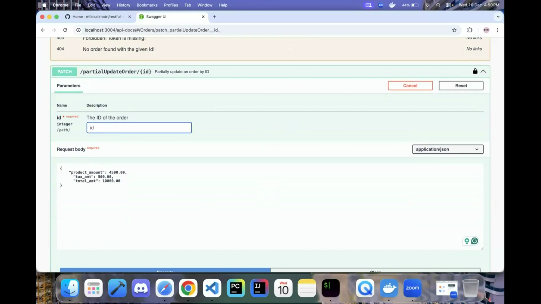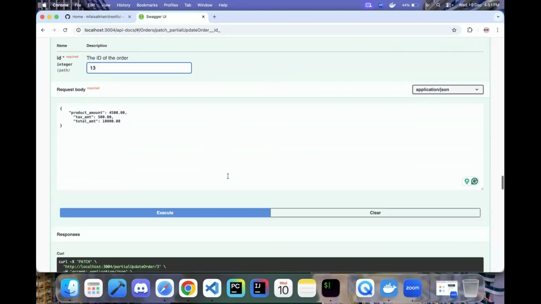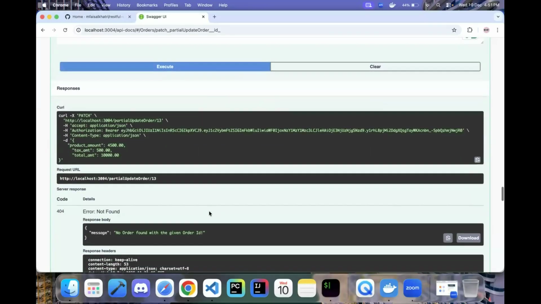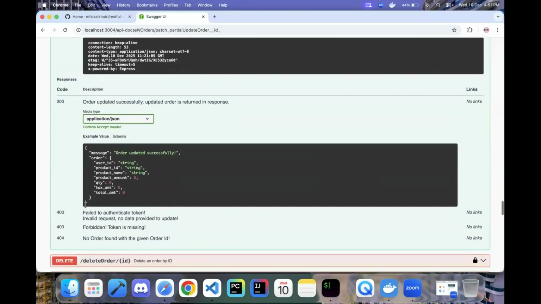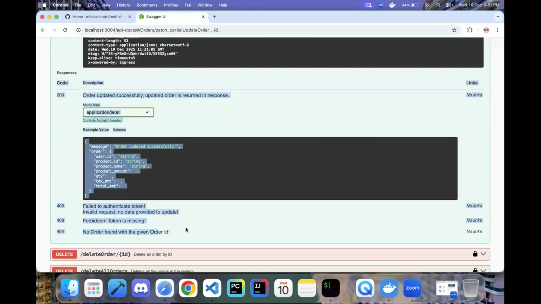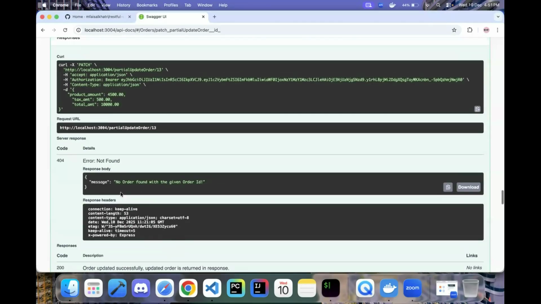Now if I want to check a kind of negative scenario, let's enter order number 13, which is not available in the system. It's an invalid order ID, and click on execute. So we should see something different now. Yes, we do see that, and we can verify it from the documentation. It will show 404, no order found with the given order ID, and the same message